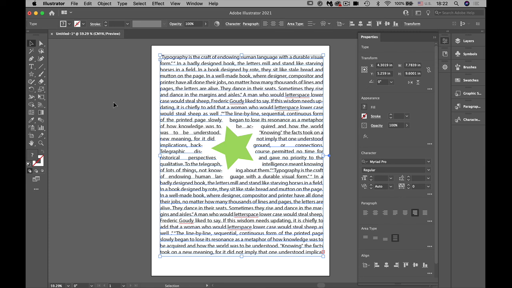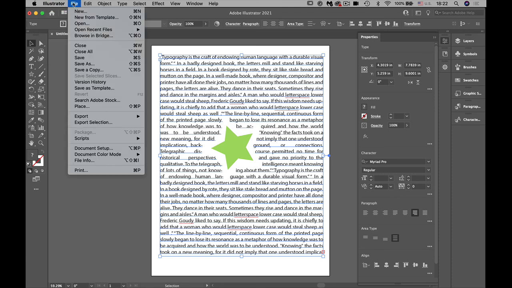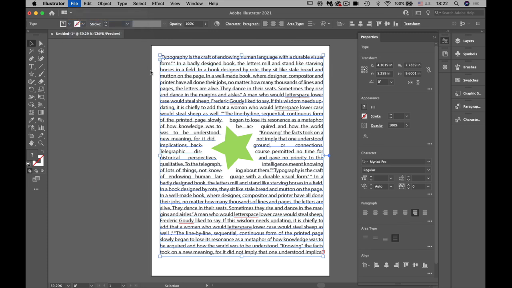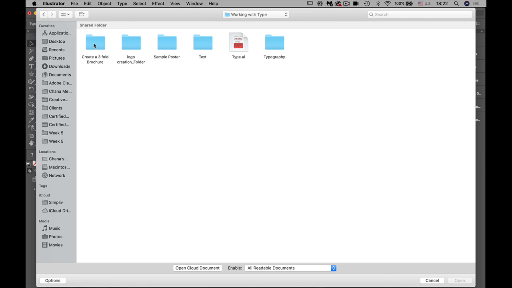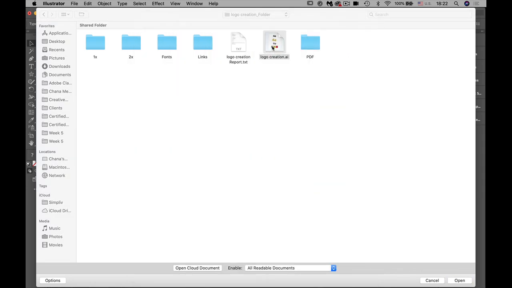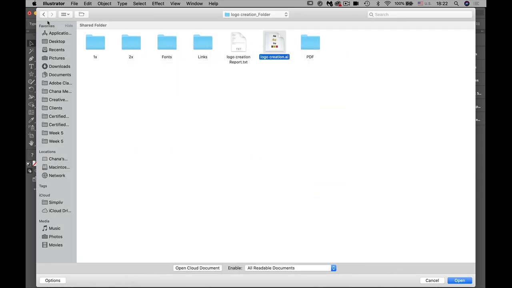I don't want to start the brochure now, because if we just start it, it's going to be like we're going to have to. I'm going to show you the brochure. You want to make sure you bring week 5 with you. Everything is in there. And then you can see here you have a 3-fold brochure. I have a logo creation folder for you guys just to look at how to create a simple logo. I also put in